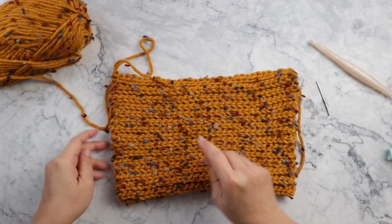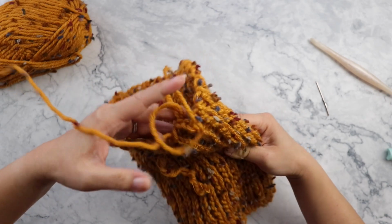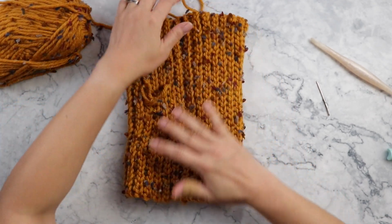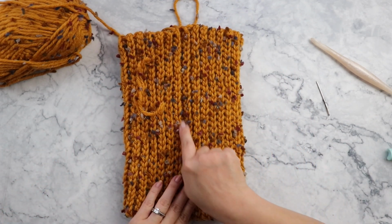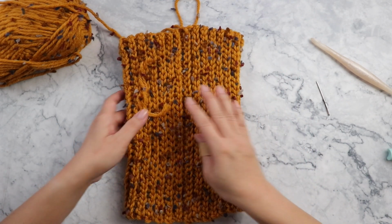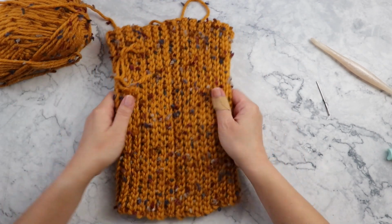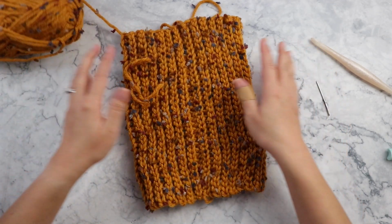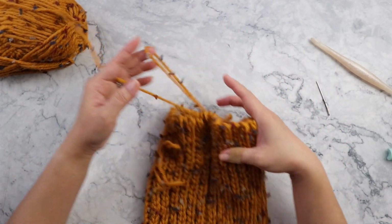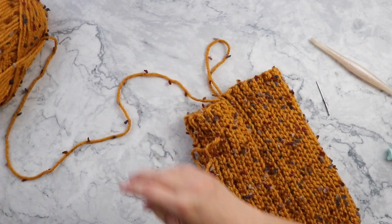I'm going to flip this inside out, and let's take a look at our seam. Okay, so our seam is right here, and it looks pretty good. Okay, now you just have to close up the top. So you're going to cut a long enough tail,